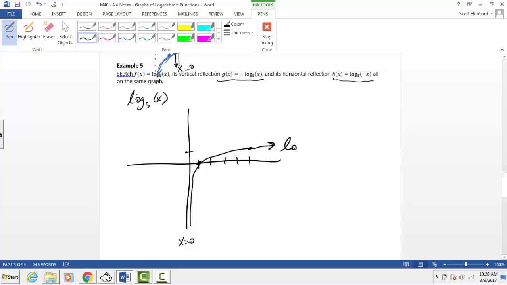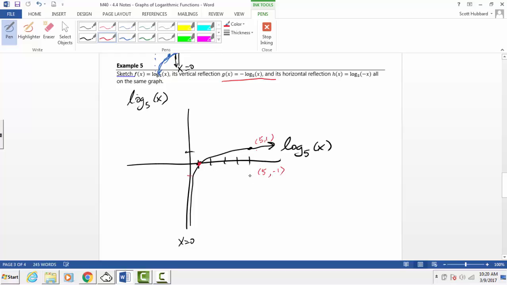So let's graph the vertical reflection, in a different color. We'll do it in red. So all that does is it changes all the y values. So here it's still going to be here because the y value is 0. Okay, and here, this is (5, 1), rather than that it's going to be moved down to (5, -1). So it's going to be right here,